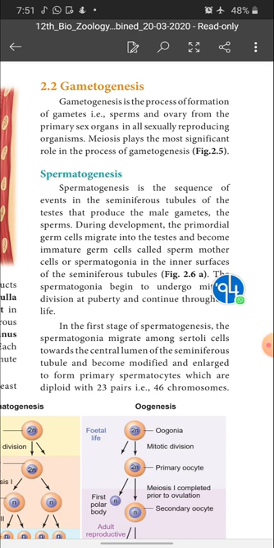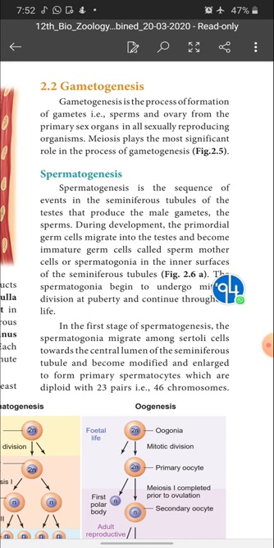And then meiosis plays the most significant role in the process of gametogenesis. As I said, which cell division plays a significant role in gametogenesis? Meiosis. Okay, so let's enter into the topic spermatogenesis. Spermatogenesis is the sequence of events in the seminiferous tubules. Already I said when I taught